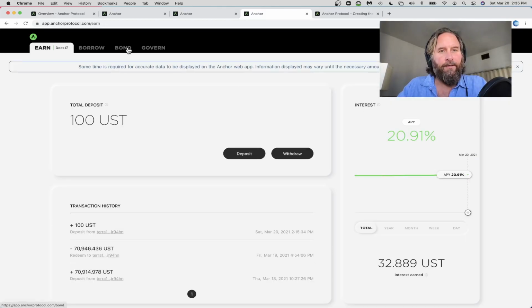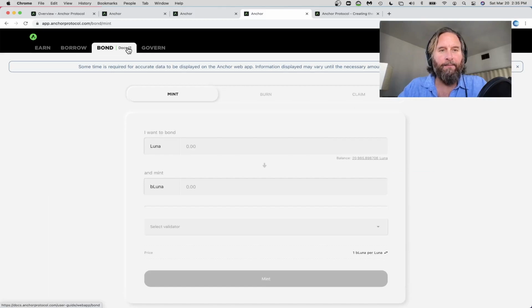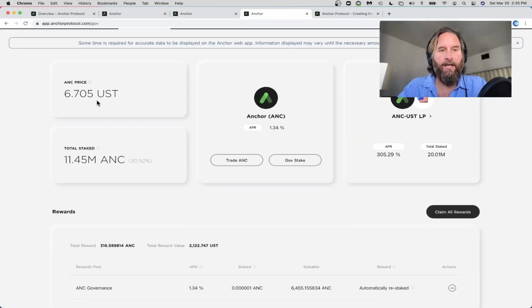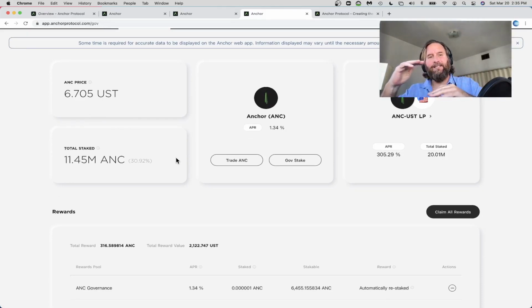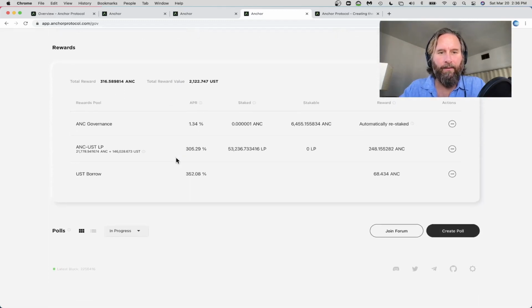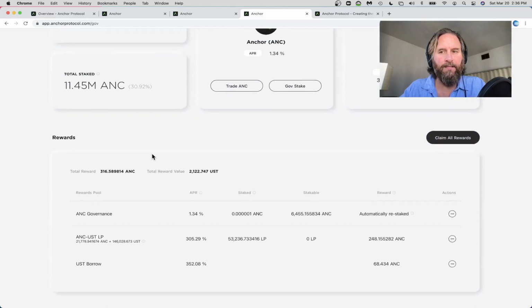Just truly great. So let's go back, and I'm going to show you what I'm going to do with the money for now. I'm going to take some of this. So here's the anchor price. It's been pretty stable between like 660 and 690 for a little bit here. I have quite a few of these, and as you can see, one of the things that I'm doing now,